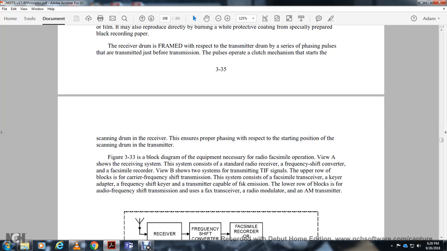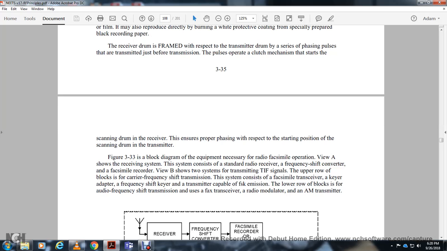Figure 33 shows the block diagram of the equipment necessary for radio facsimile operation. View A shows the receiver system, consisting of the standard radio receiver, the frequency shift converter, and the facsimile recorder. View B shows the two systems of transmitting the signal, with the upper